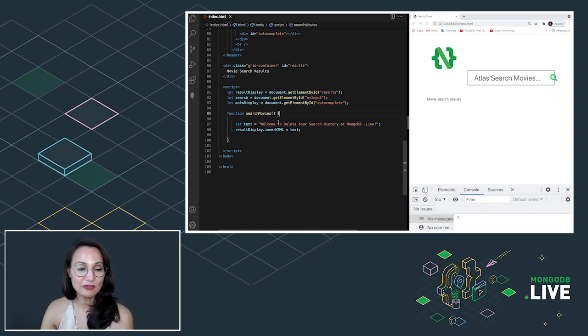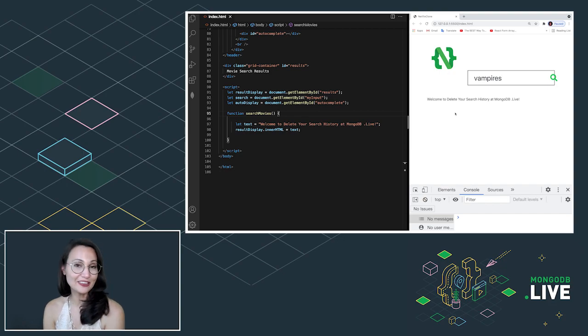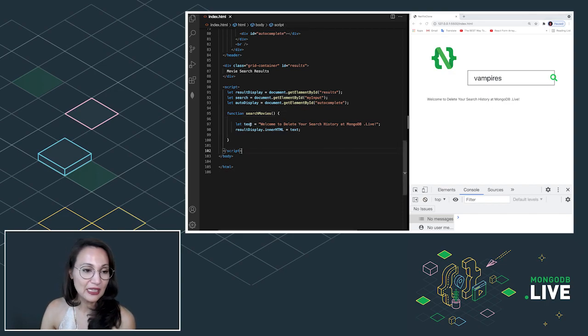And in my search movies function, I have a string, and when I hit enter, it's going to put that string on my screen. So if I look for movies about vampires or anything, there you go. I hit enter, and there's our welcome message. This is great, not terribly practical, but the API is practical. So let's put that to use. If you're in the snippets, go to the search movies.js, grab that, and we'll replace this entire function here.